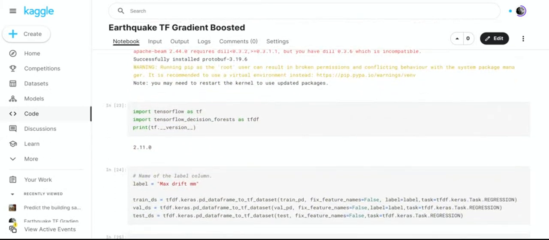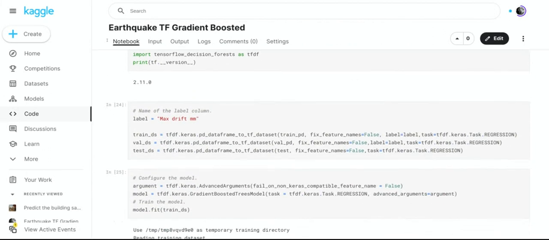Now we're going to import our TensorFlow libraries, and you see that it's version 2.11. It's always a good idea to know what version of TensorFlow you're using, because TensorFlow goes through so many changes that a lot of their code gets deprecated.